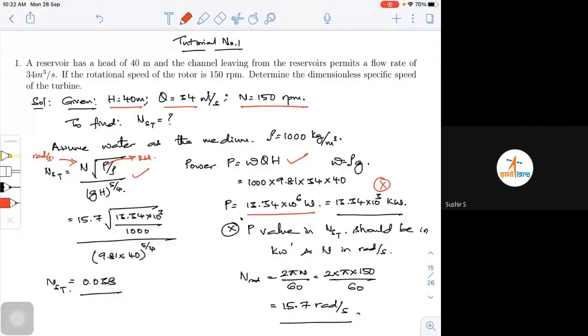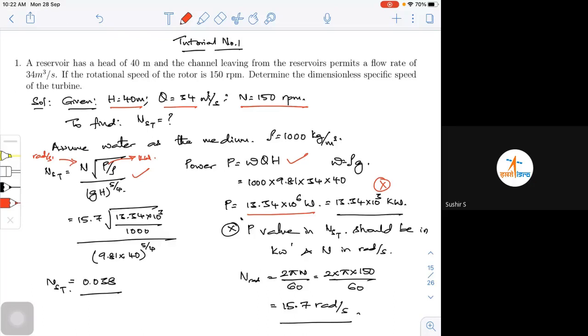Now, when I come back here, N is given as speed in RPM. So I should ensure how to get the value of this particular thing, omega, in radians. It's actually omega, 2 pi N by 60. But still I'm calling it N only, but it's actually omega. So what if I want to get it in, that is the name of the angular speed.